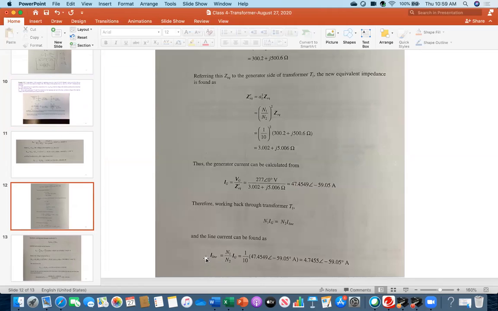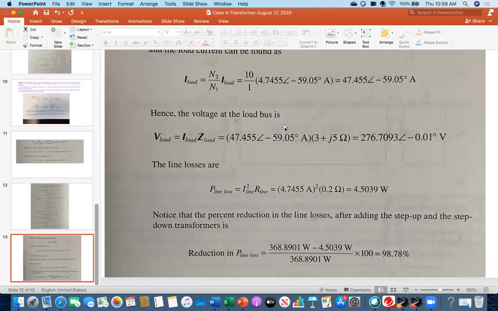So therefore, here you see the last part. We are using that relationship. You assume this is I2, IG was on the left side, this is I on. So I2 over I on is N1 over N2. Accordingly, this 1 over 10 is the turn ratio value. And then in the next part,